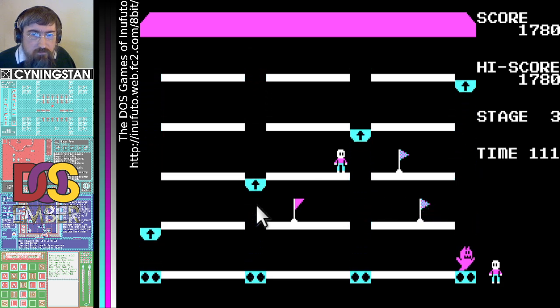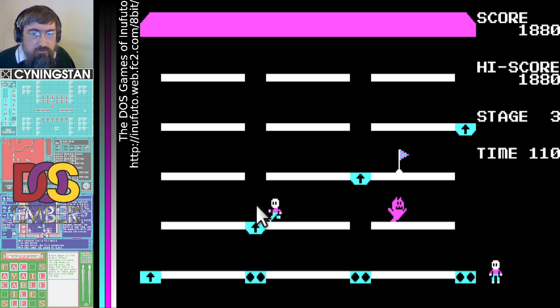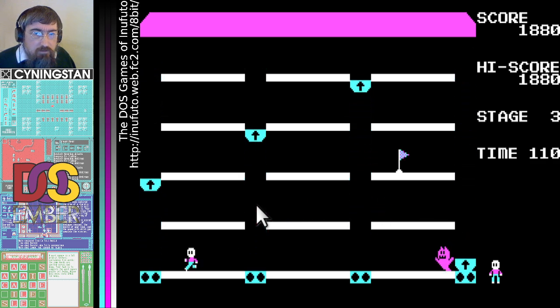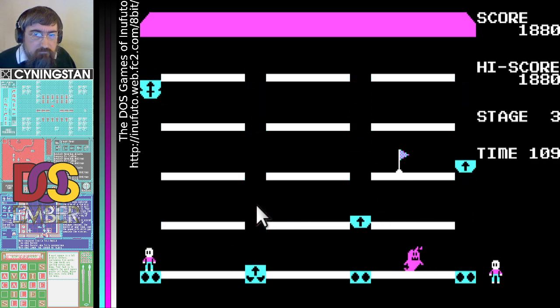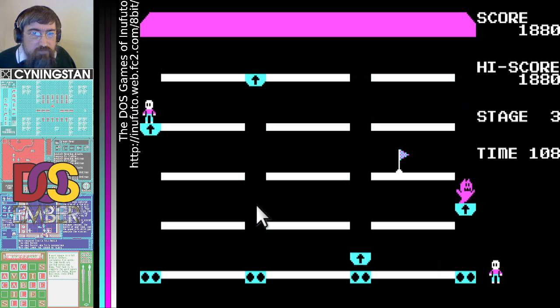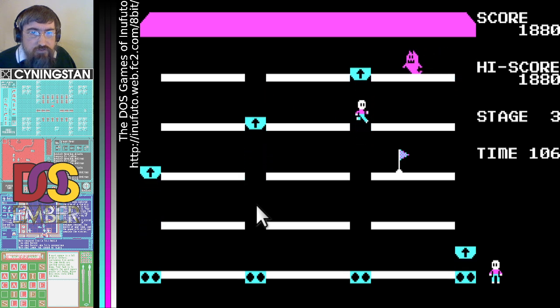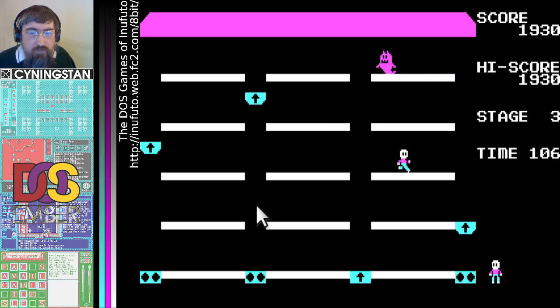Right, I want the ghost to get off of there, thank you. So I can. Oh dear. Right, so I think I'd better go right to the top. And then just drop down one level there, drop down one level there. There we are.